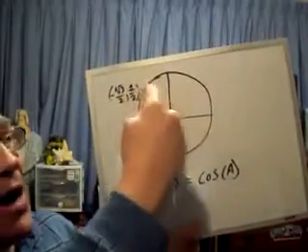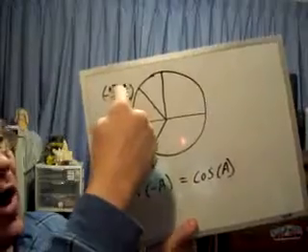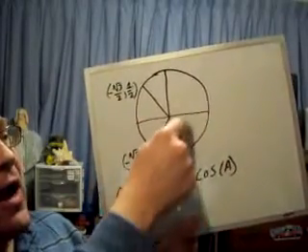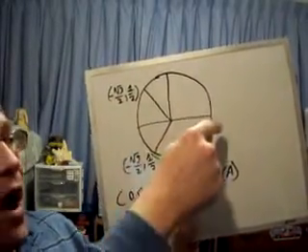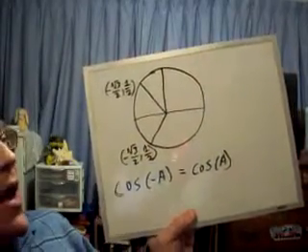Why is it a positive 150 degrees? That's because we're going counterclockwise. This is a negative 150 degrees. Why? Because we're going clockwise. Alright, now,